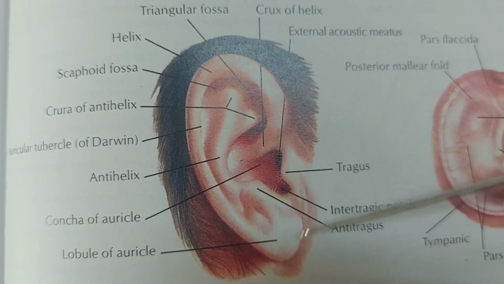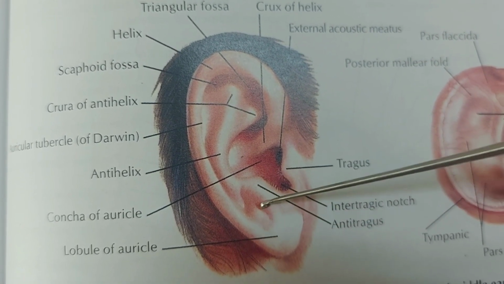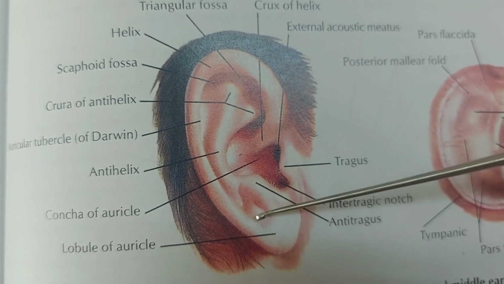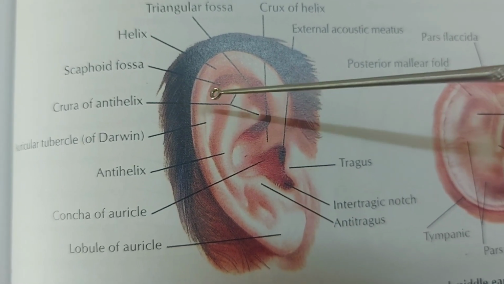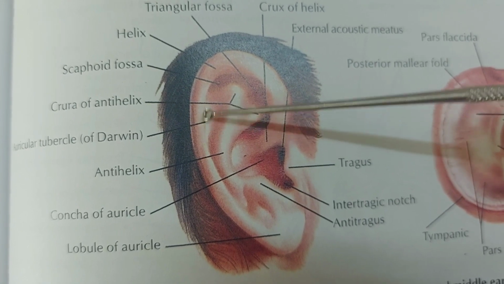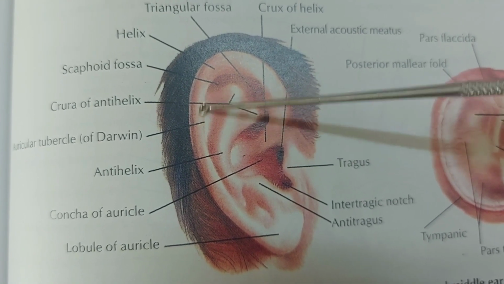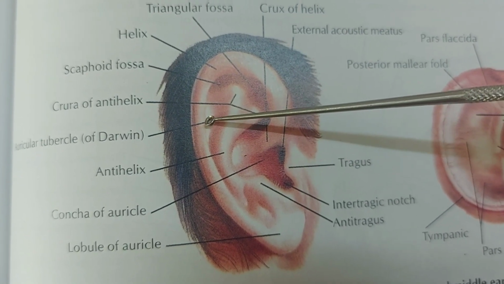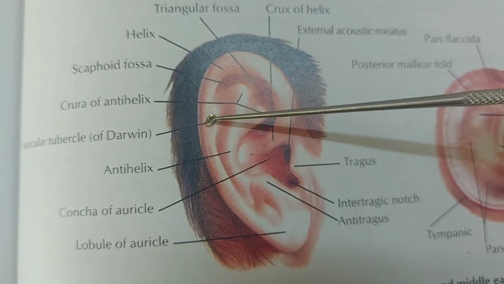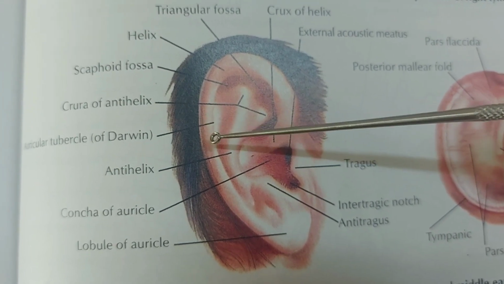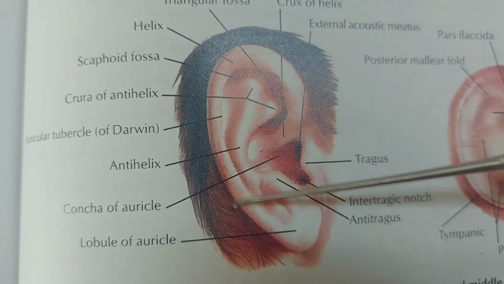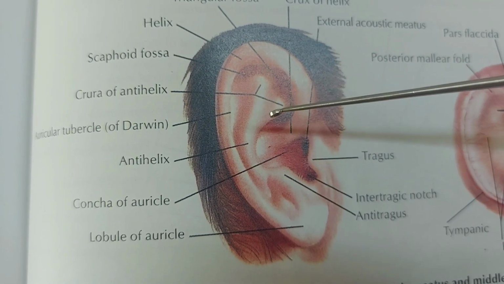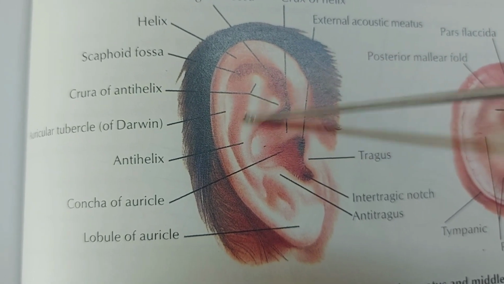These are the different parts, and another part in the lower part of the ear is known as the ear lobule. And sometimes there is some elevation on this part of the helix. This is known as the Darwin tubercle. And this pinna is composed of cartilage which is covered with skin.